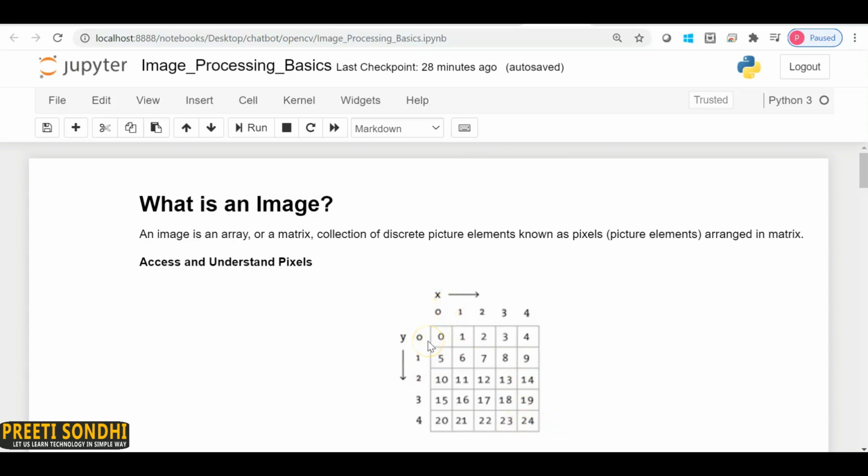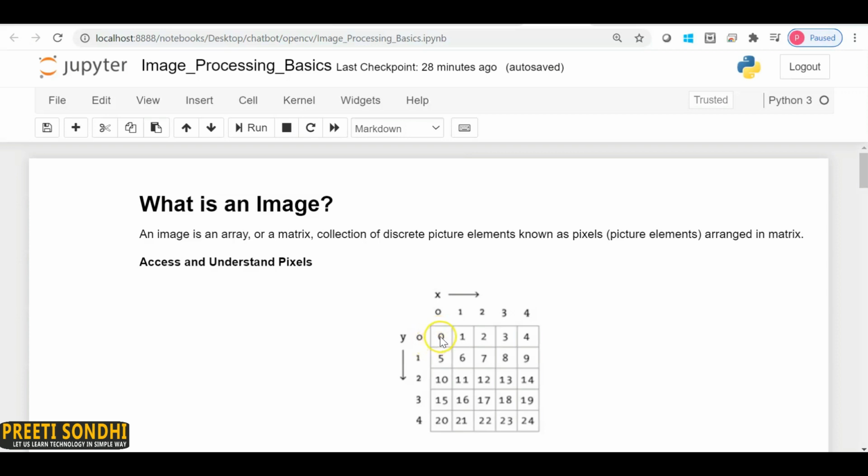Well guys, if you are not familiar with NumPy, then you should watch my video on NumPy. I will provide the link in the description below, because it's very important to understand what an array is, what a matrix is, and how you can access any element from a matrix or an array. Only then will you get familiar with image processing.